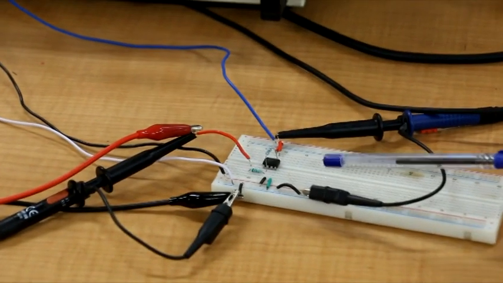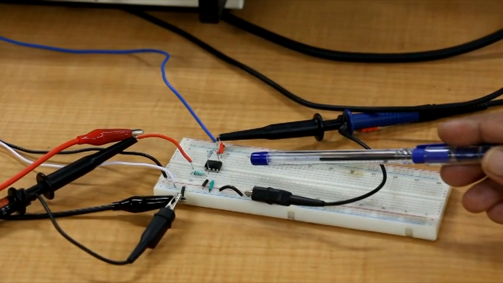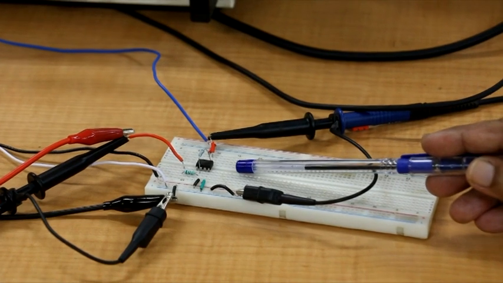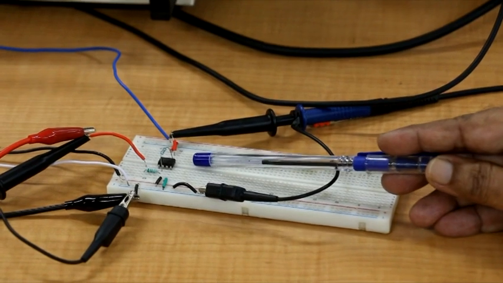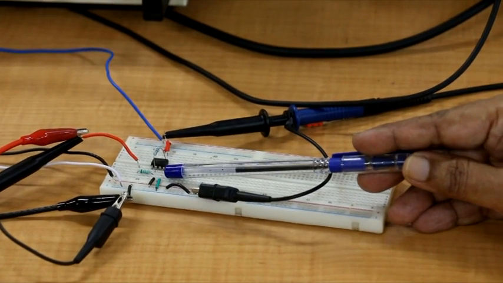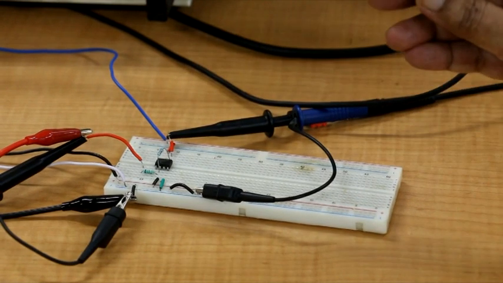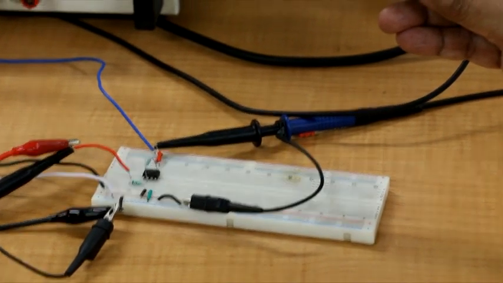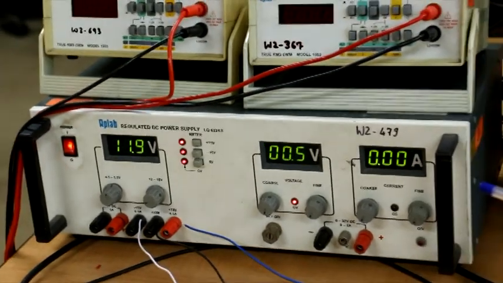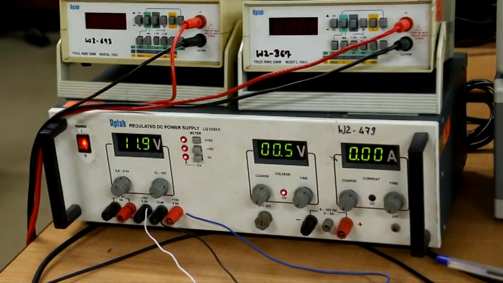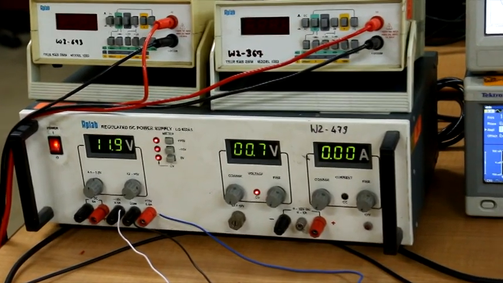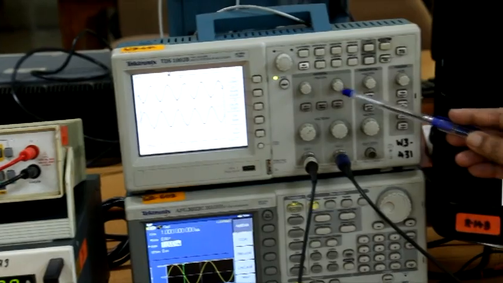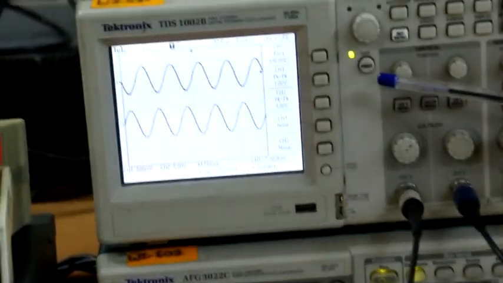So let us see the circuit diagram. We have the 741 operational amplifier used here, and we have RF, the feedback resistance, connected as 10 kilo ohm, and the input resistance R1 connected as 1 kilo ohm. And we have used a 12 volt supply. The supply is plus minus 12 volts, and right now it's about 11.9, and this is a tracking power supply. Now let's see what we will get at the output with respect to the input.